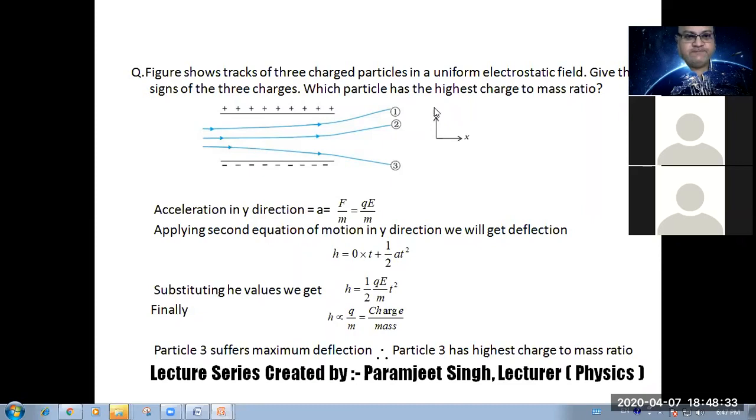So, a very interesting numerical. Here a new concept came, that is E, the electric field. Just remember, force on a charge is the product of charge and electric field intensity. There is an electric field between these two plates, plus plate and minus plate. Charged particles are moving in the electric field E. So the force on a charge Q in electric field E is Q into E. For the moment, just remember this. Later on, we will discuss what electric field is.